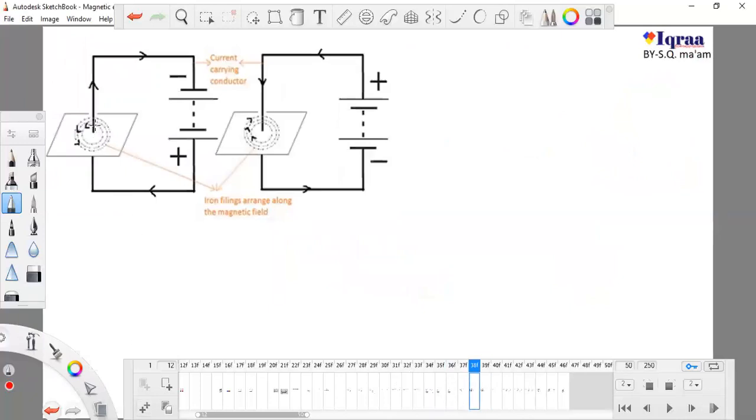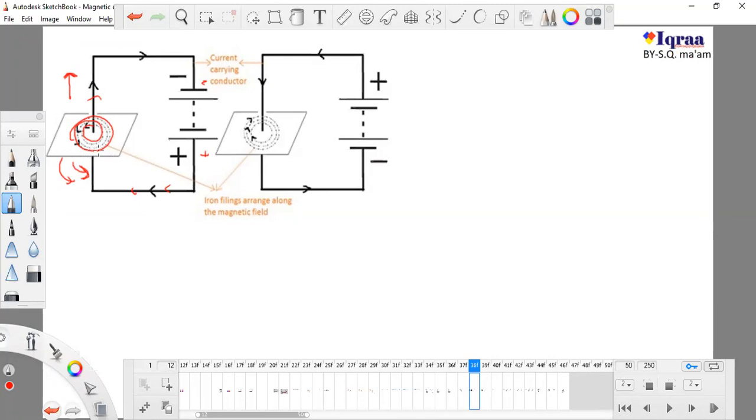Now I'm telling you about these two diagrams. In the first one, the direction of current is like this, because this is positive, this is negative, and current is moving like this. So here the direction of this is current, and you can see the direction of magnetic field lines here. You can use this by using a pen. Just use a pen and everything will be clear to you. Do it by yourself.